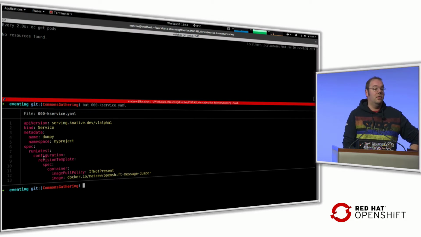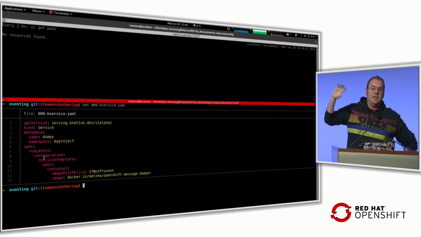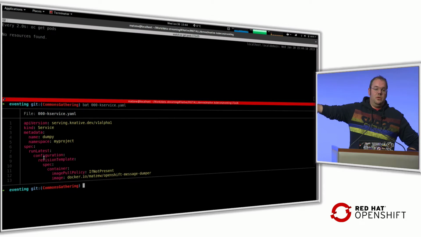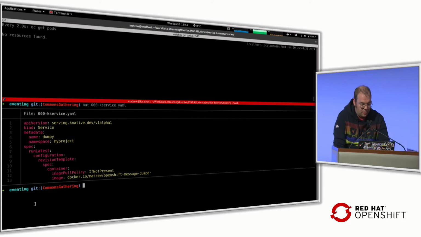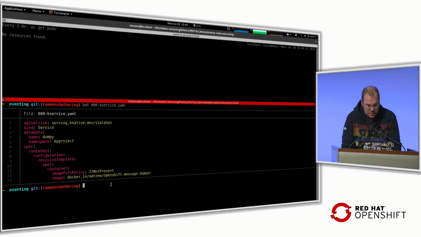I could have also included some information about the build system with Knative. So Knative could have gone out with the Knative build and the actual plugin or adapter for OpenShift source to image. It would basically read the source code repository that we have for this very trivial HTTP server application from GitHub, build it and turn it into a container, and then automatically provision it. So I don't have to do anything with the markup here now.